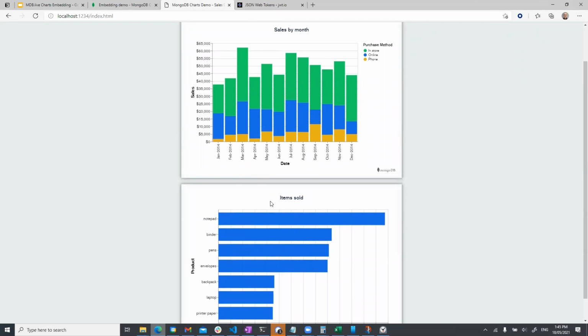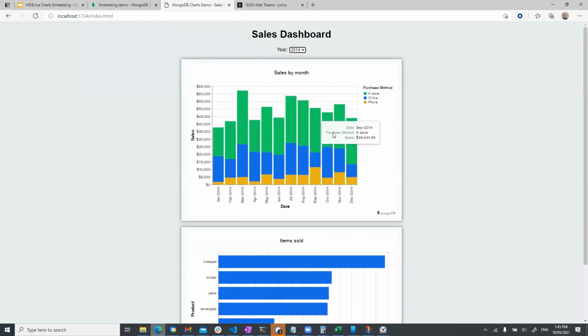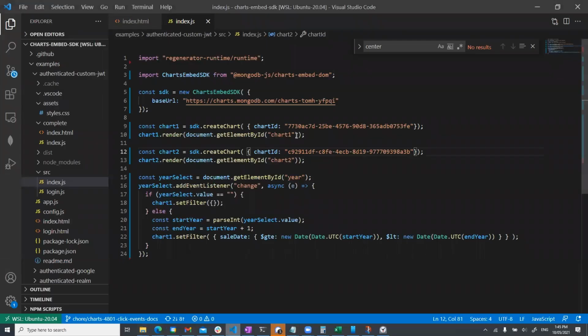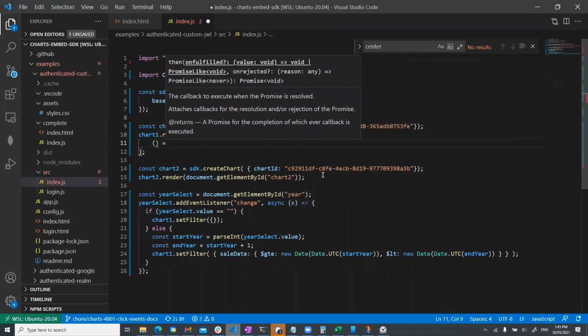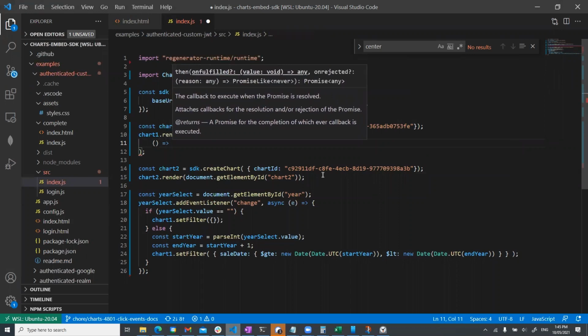Now, what we would like to do is to have some interactivity where after I choose an element on the first chart, we want to be able to filter the second chart. And that is now possible to do with something we call click events. So let's go back into our code and see how we might set that up. So after we render our first chart, we're going to go and add a then block because we want this code to execute after the chart renders. And then we're going to do a little lambda expression, and we're just going to say